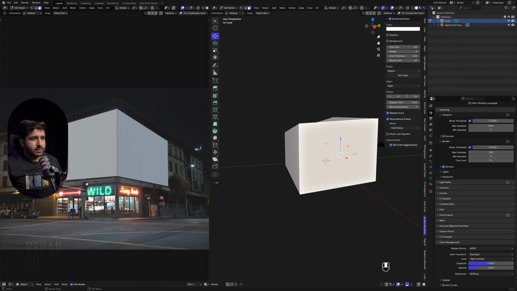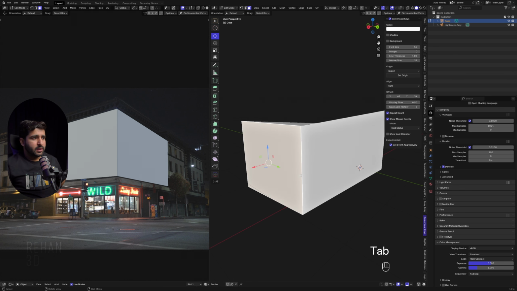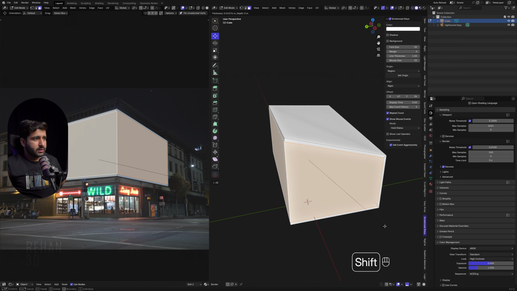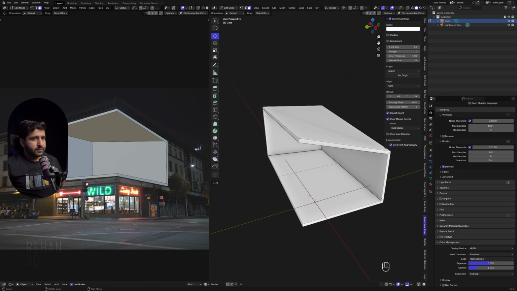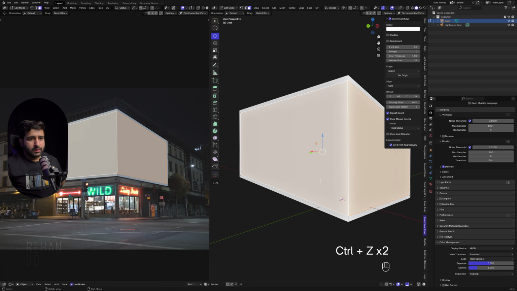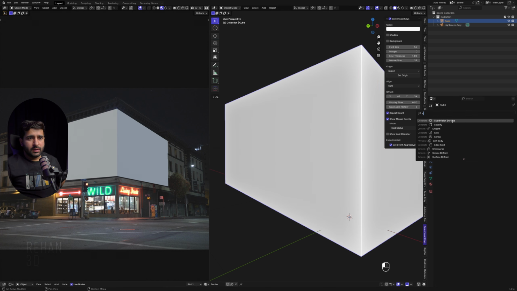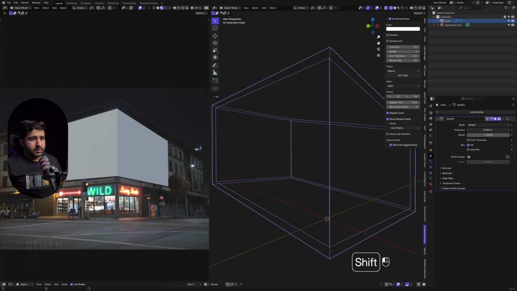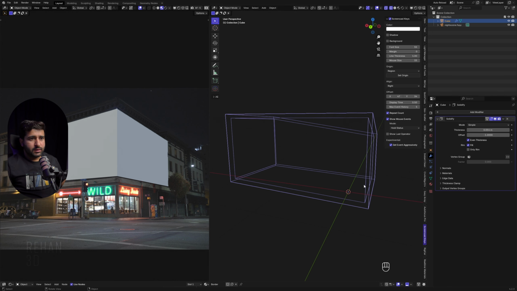Okay guys, so let's press control A, all transform, let's apply all scales, and now I will simply select the first faces and insert this pressing I, and I will create a shape like this, create faces, or let me Control Z, undo, add a solidify modifier, go into the wireframe mode, see it like this. Okay, even thickness